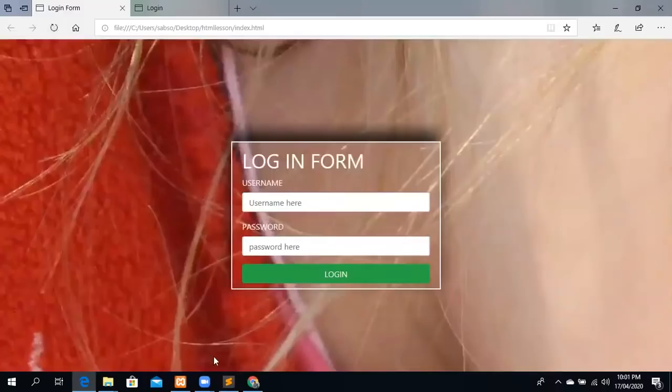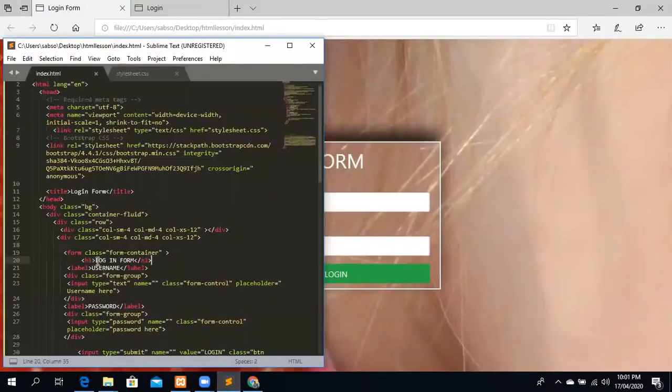Okay. And then we can also center it. So we have a CSS property that is text-align center. So you call it by class name, class text